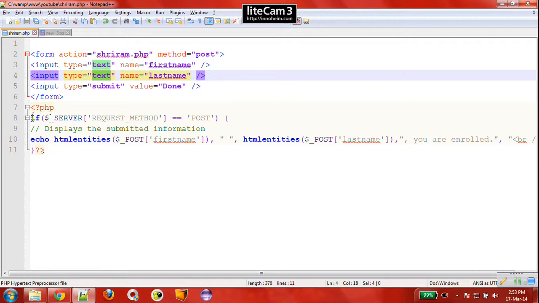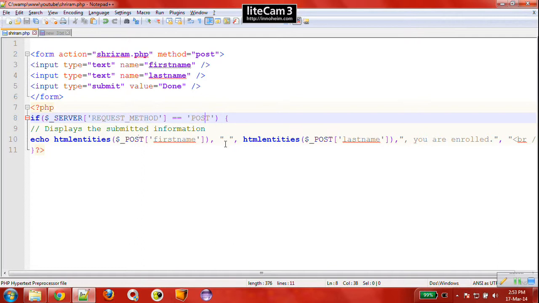What will happen is, $_SERVER is also a super global array, which when referenced with request method will tell you through which method the request was sent. Earlier we were sending the request using the GET method, now we are using POST, so it will give the value POST. It is equal to POST, so we go inside the if condition.